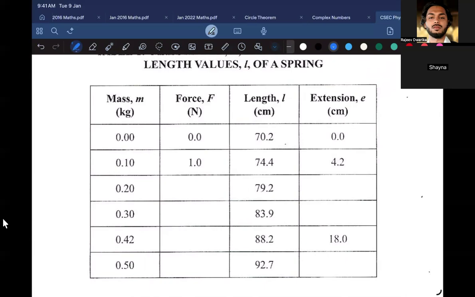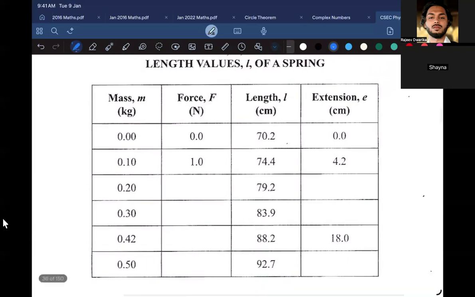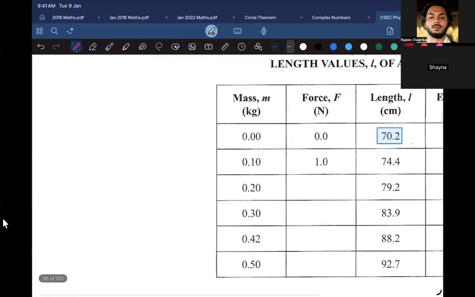Tell me, Shana. Look at the table. We know that the initial length would be when no force is applied to the spring. Also it is 70.2, right? Let's spell the reason for that on the side. 70.2 centimeters is the initial length